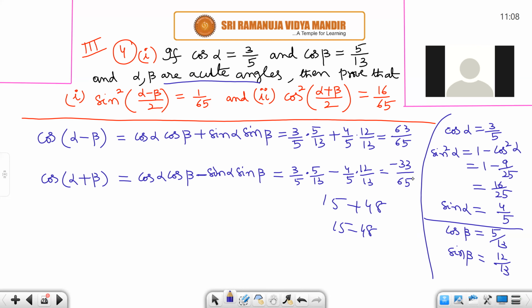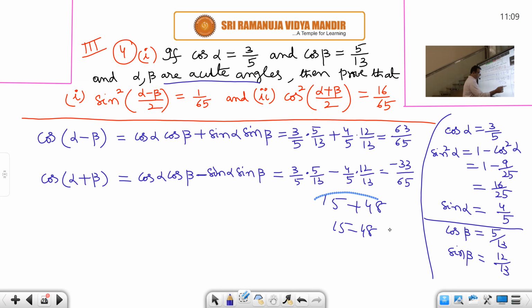65. That means alpha plus beta is an obtuse angle, more than 90 degrees. That is why cos alpha plus beta is negative. Alpha and beta are acute angles, but their sum is more than 90. So it is in the second quadrant, so cos is negative. Okay. Now,